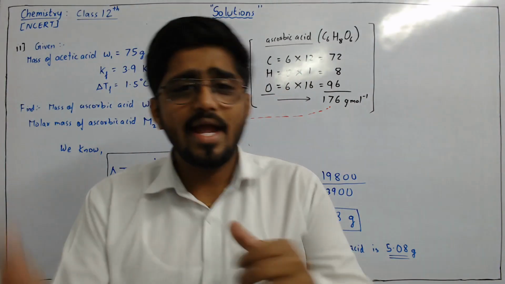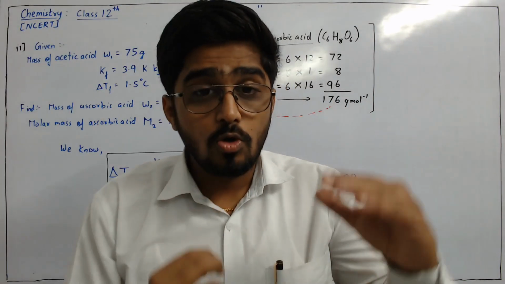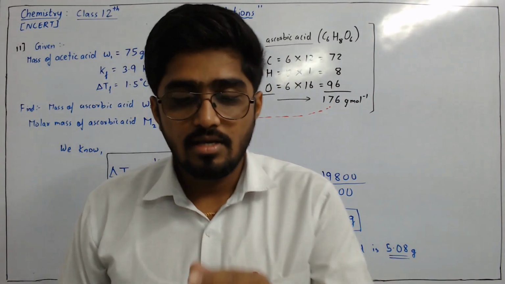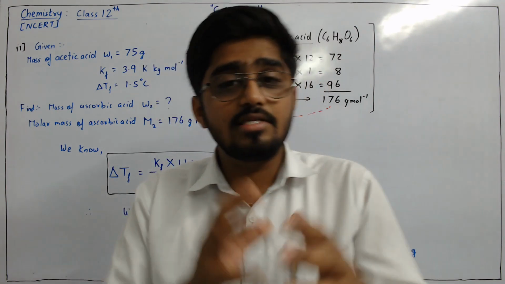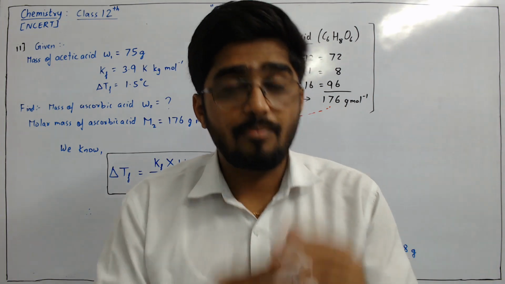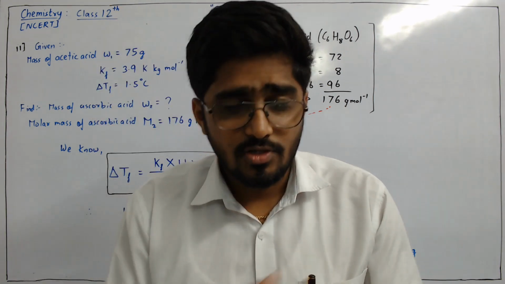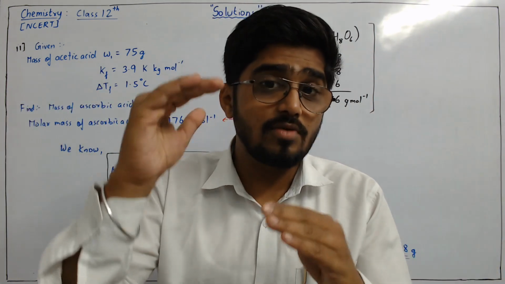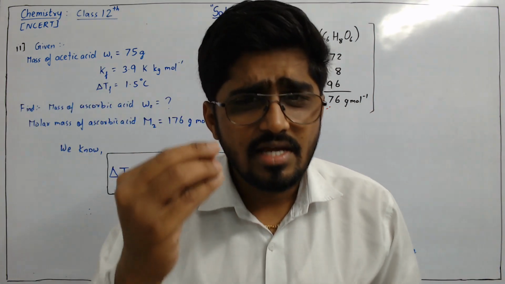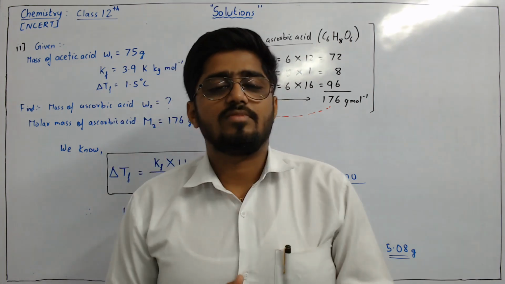Okay. Why is it added to acetic acid? Why do we add ascorbic acid? To lower the melting point of acetic acid. This is a concept of reducing its melting temperature. Suppose first its temperature was 90 degrees Celsius. By adding ascorbic acid, now its temperature will be reduced. It will melt at 85 degrees Celsius. Then there is a reduction, right? There is a change.